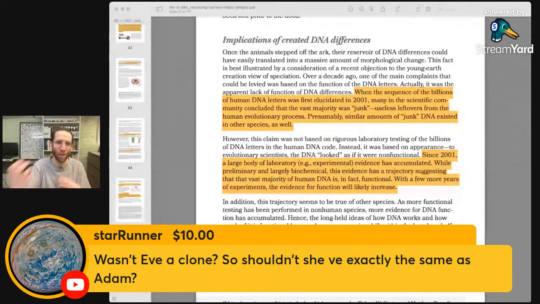Yeah, right. So it was like the rib thing. So in theory, Eve would be a clone of Adam. We're just saying she was created. It was a miracle. So she was created different and just going from there. That's what creationists say. If it's going to be from a rib, then in theory it should be a clone. But they just say it's a miracle and it's different. That's all.